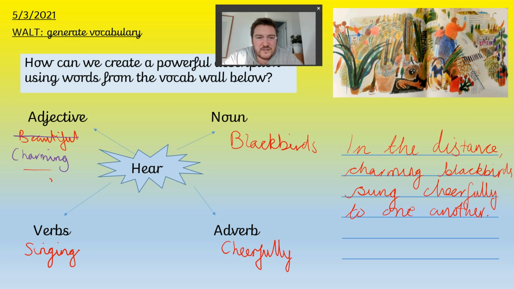Have I used a different feature? I've used the blackbirds now. Check. Have I included my adjective? Yeah, I said that the blackbirds were charming. Did I say what they were doing with a powerful verb? I said they were singing, or they sung. I wonder if I could perhaps upgrade that. If I can't upgrade the verb, could I upgrade the description of how they were singing? So could I use a better adverb, or could I even use a simile? So: charming blackbirds sung cheerfully to one another, like